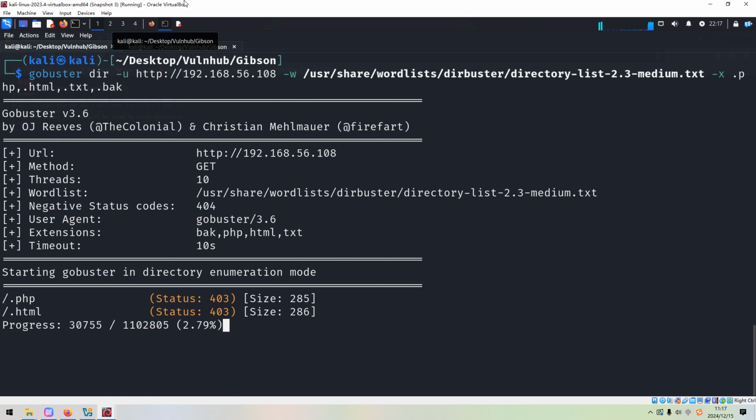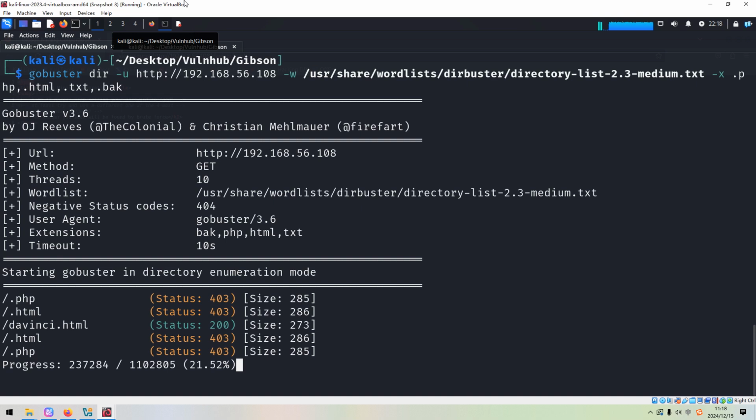Of course, there are several utilities or tools available which can conduct directory enumeration, but personally I prefer to use GoBuster, which is very effective too. I think this utility is written in the Go language. Okay, and GoBuster found this file already, but we already know that, right?